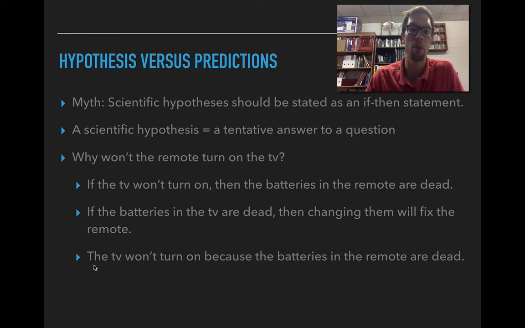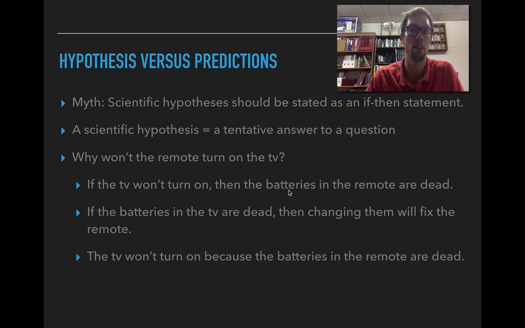And then the final one I put on here, the TV won't turn on because the batteries in the remote are dead. So really your hypothesis here is that the batteries in the remote are dead, and it's part of all of these statements, but your prediction is really what these are saying. So here, if the TV won't turn on, the batteries in the remote are dead. This is really the prediction that you're making here,